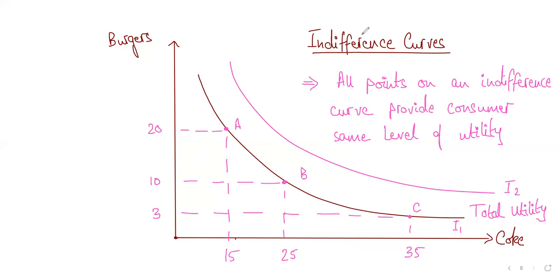So on I2, a consumer will be able to achieve a higher level of consumption, right? So if you choose points on this I2, you will be able to see that on I2, the consumer is consuming larger quantities of both the goods. Now, since the consumer is consuming more quantities of both the goods at I2 compared to I1, therefore I2 will be preferred over I1. Students, are you following me? So since the consumer is able to afford more units of the good on I2 compared to I1, I2 is preferred over I1. Got it? Make sense? So any indifference curve to the right is preferred,